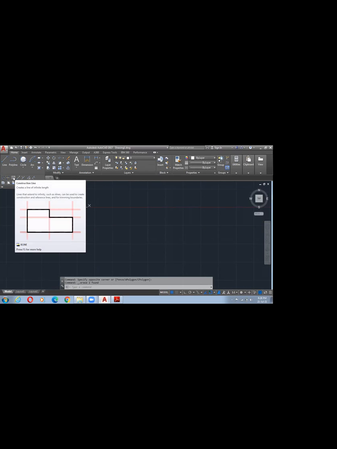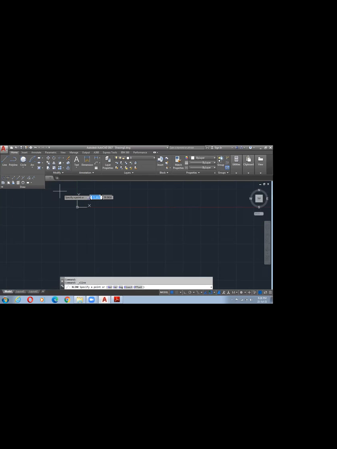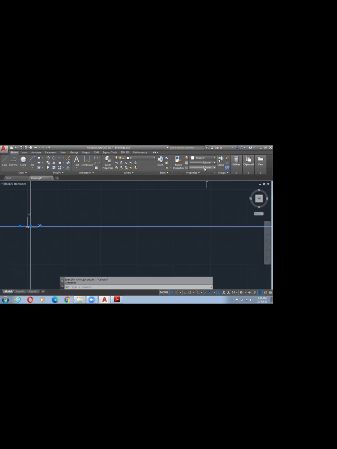In the sense, for construction lines, whatever you are making should be in dotted lines. See, if I have made a construction line, it will be perfect, that means a straight line. Select that, select this layer and change it to dotted lines. By default you won't get dotted lines. You need to go to other, load.